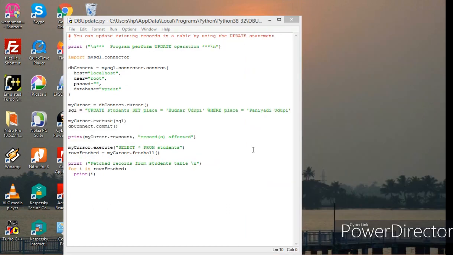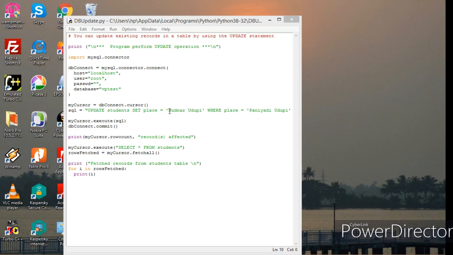Okay, now let us look at another program which performs the update operation. You can update an existing record in a table by using the update statement. Now VP test is the database and students is the table in which I want to update the place.